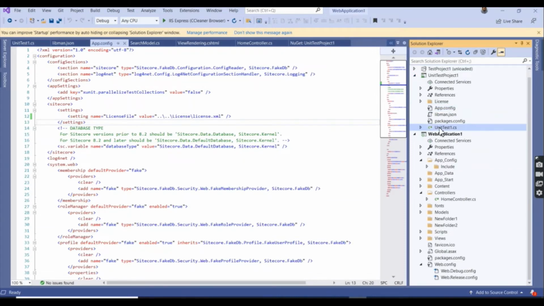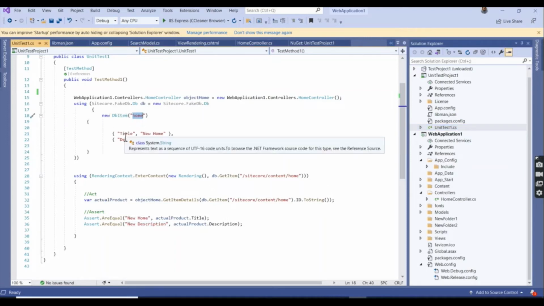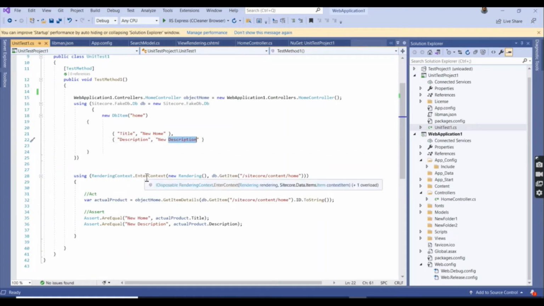So if we go to the unit test method, I will explain it. So this is the unit test method. I have created an object for the home controller. This is a Sitecore FakeDB instance. So instead of directly hitting the DB, it is normally a fake DB. And here I am creating a new home item. It has two fields, that is title and description, with the values new home and new description. Here, in entering the context, I have provided my DB context.